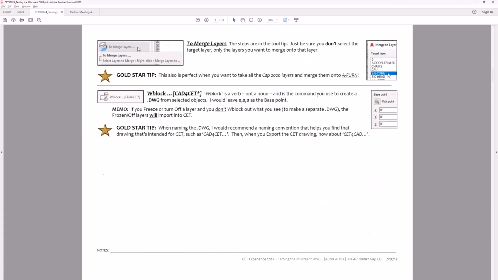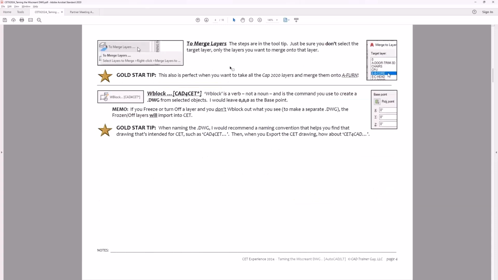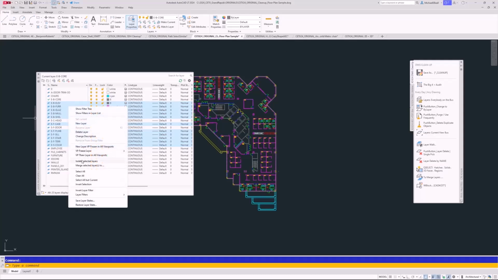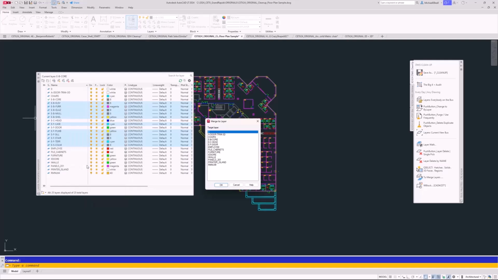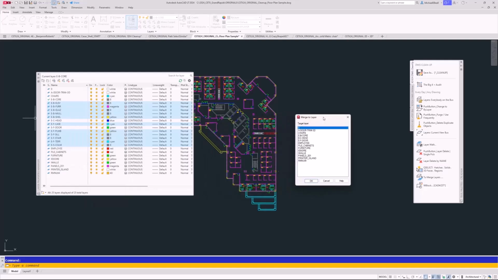Okay, this is on the top of page 4. Where's layer merge? To merge layers, you have to do your selection. So you select your layers, then you right click, merge selected layers to, and it says which layers that you did not select do you want to merge onto EB core? I go EB core,